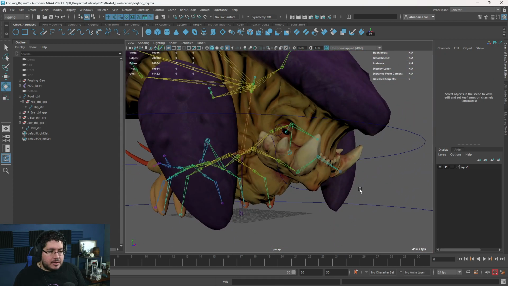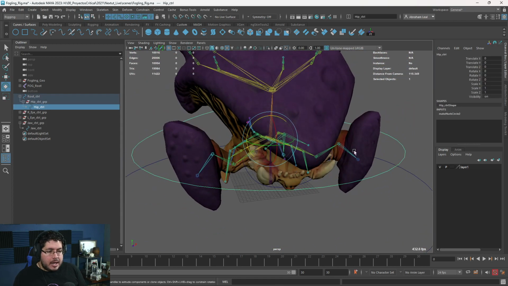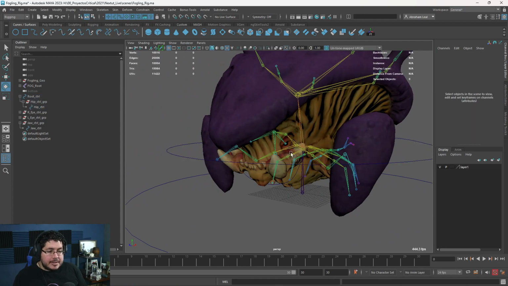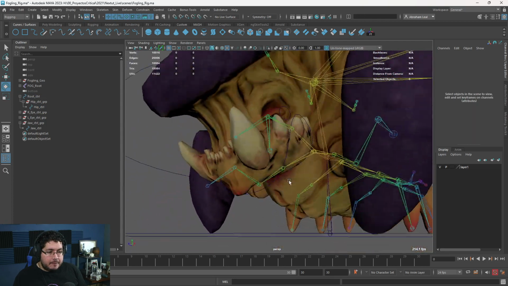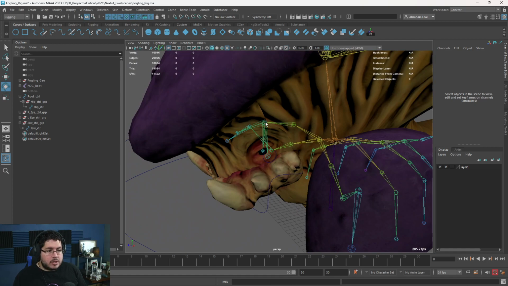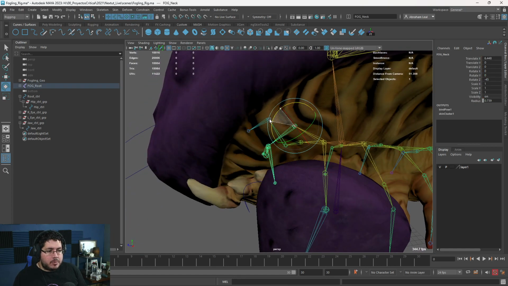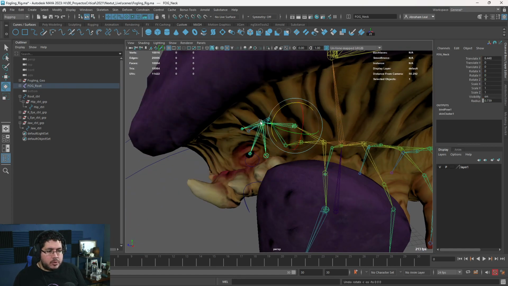So that would be the second curve. We have our main curve, we have two eyes curves, we have the jaw curve. Let's now go for, what's the word? For the head curve, which is this one right here. We have the neck curve, by the way, as well, which we didn't really rig, to be honest. We should have done a little bit there, but we can always change weights later on, so don't worry.